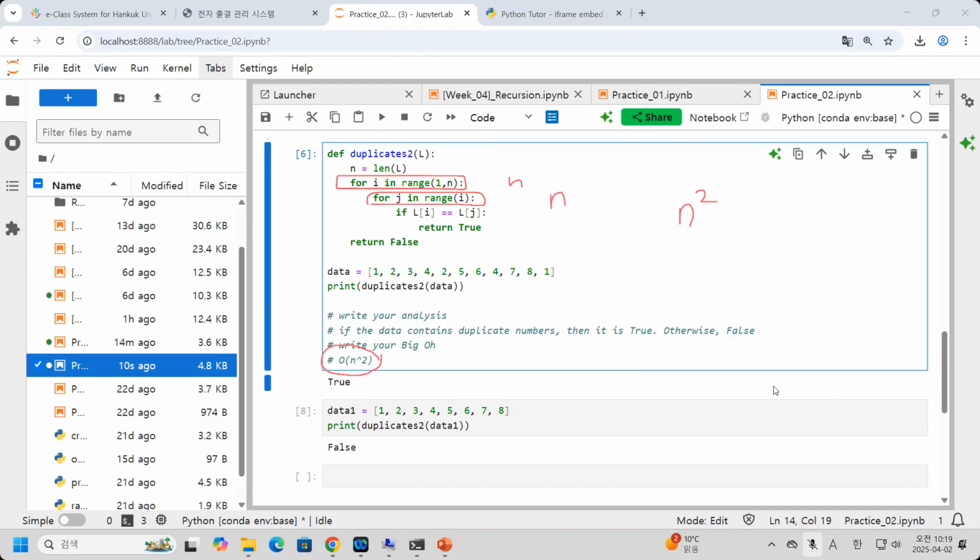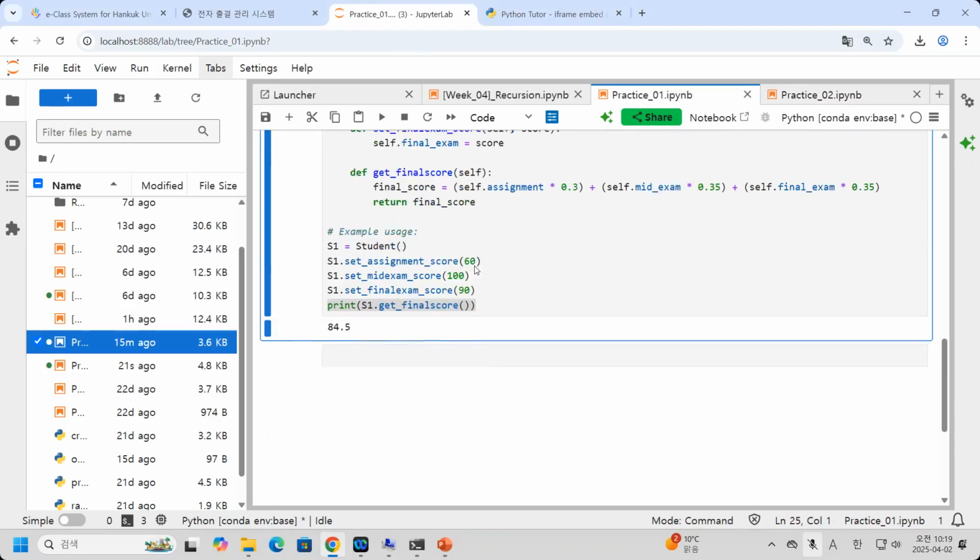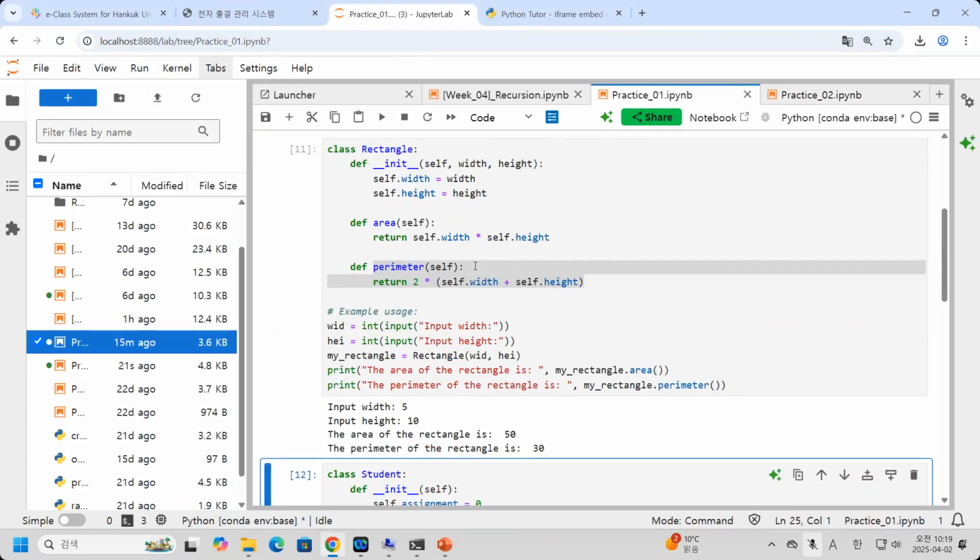Until here, any questions? Okay, so you can check the code, practice 1 and practice 2. You can use practice 1, practice 2, and also the examples in the lecture note for your assignment. Let me continue with